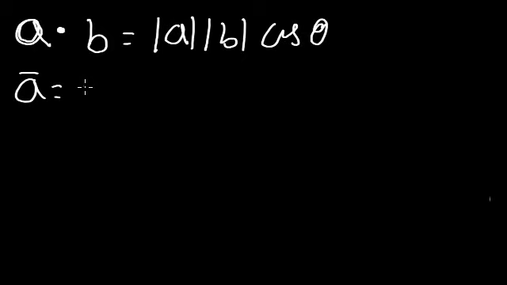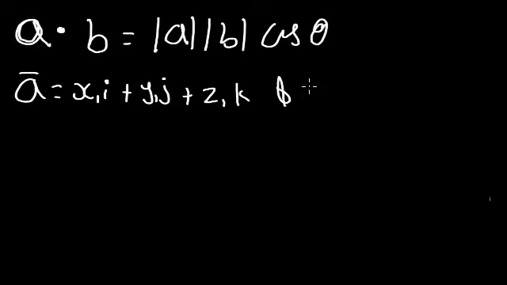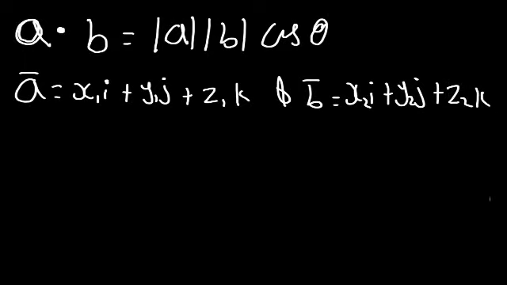If A is given as x sub 1 i plus y sub 1 j plus z sub 1 k, and B is also a vector and is given as x sub 2 i plus y sub 2 j plus z sub 2 k. If I'm to multiply A and B,